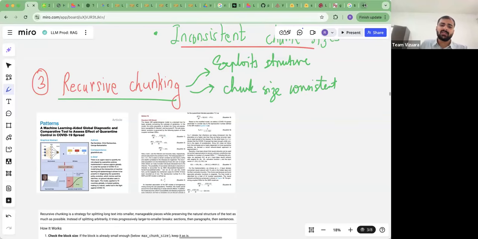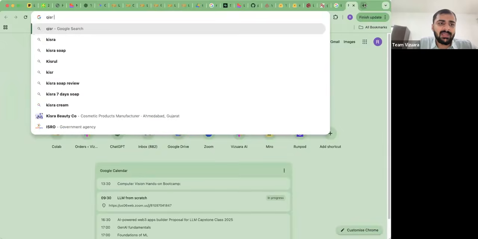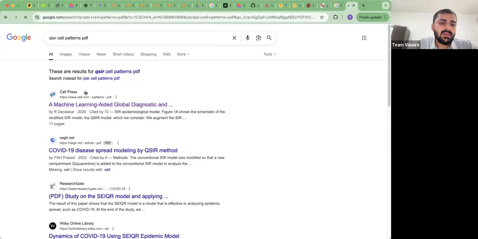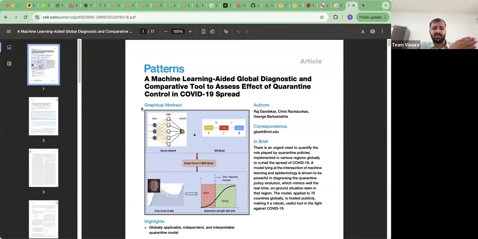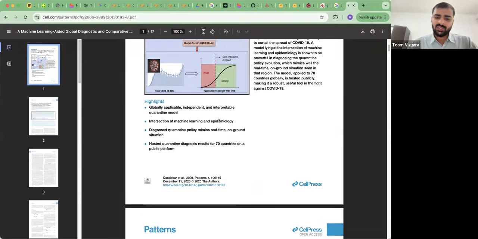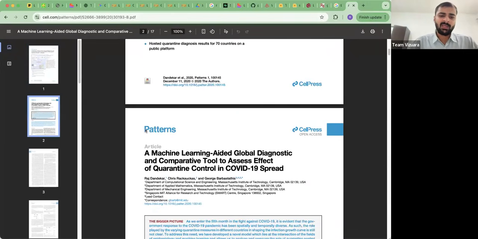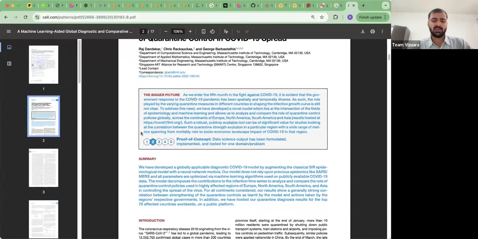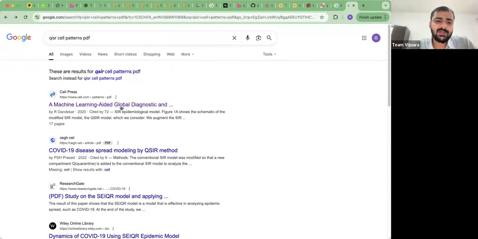How does it do it? So let's take a practical example. Let's say you are building a RAG chatbot which analyzes research papers. Now you know that if you are analyzing research papers belonging to a particular journal, the structure is going to remain the same, right? They don't accept papers if the structure is too different. So I know that this is going to have